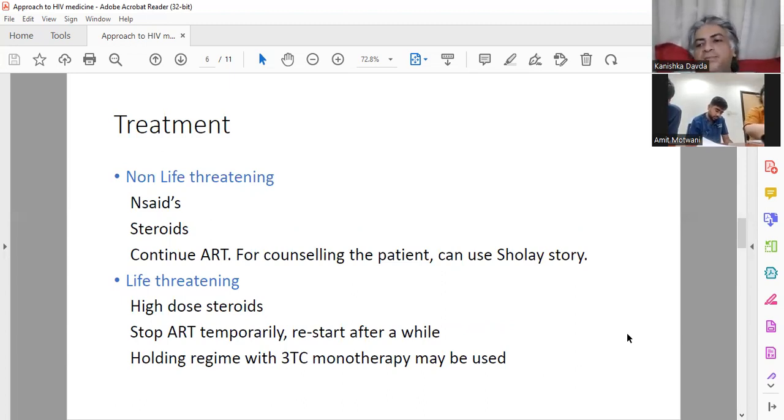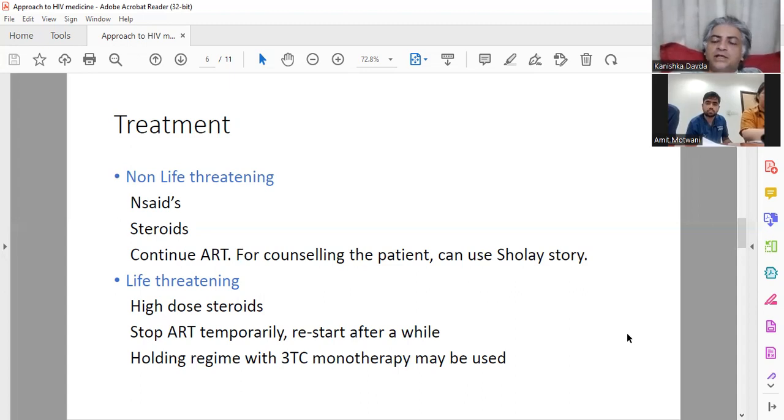So you started ART, and the patient just comes with some enlarged nodes and some fever, nothing else. So that's a non-life-threatening IRIS. You can use NSAIDs, you can use steroids, you can continue the ART. Barabar. But suppose somebody has TBM and you give ATT for 2-3 weeks, then you are giving the